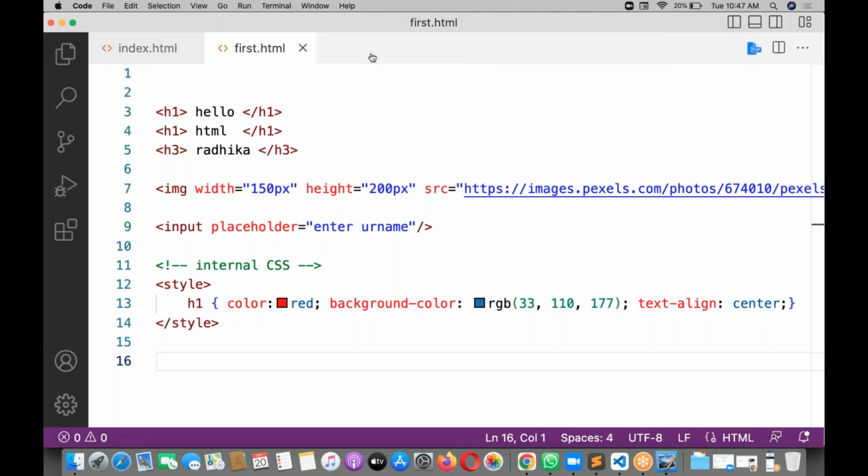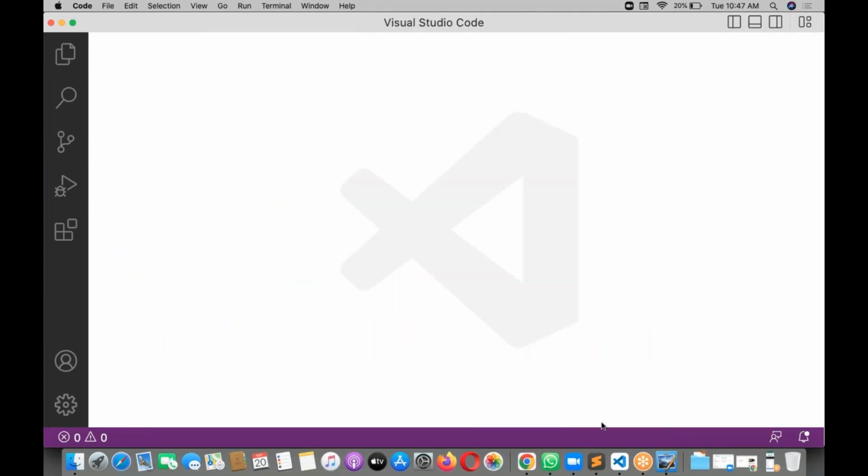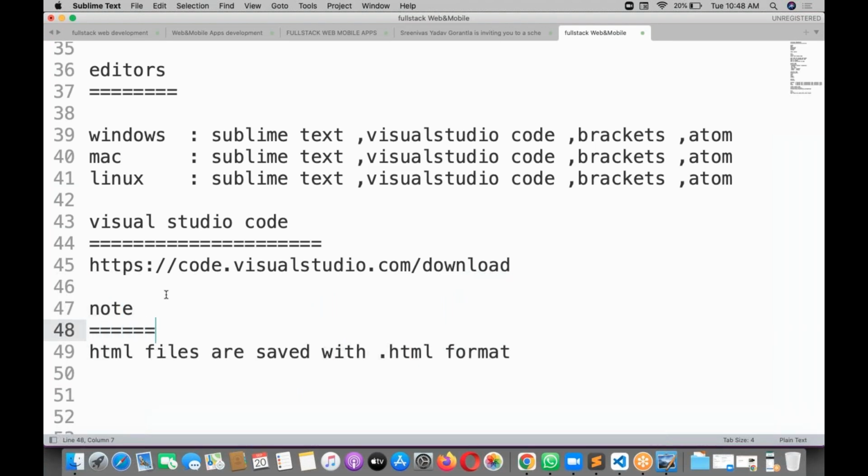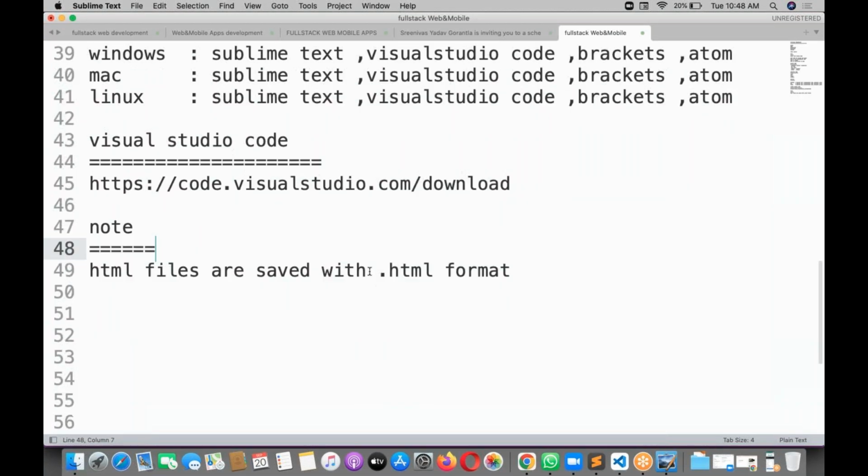And one more important point we need to remember: all HTML files are saved with the .html format. Remember it. This is a very important note. Whenever you are creating HTML files, please save as filename.html, where the file name is whatever custom name you give.